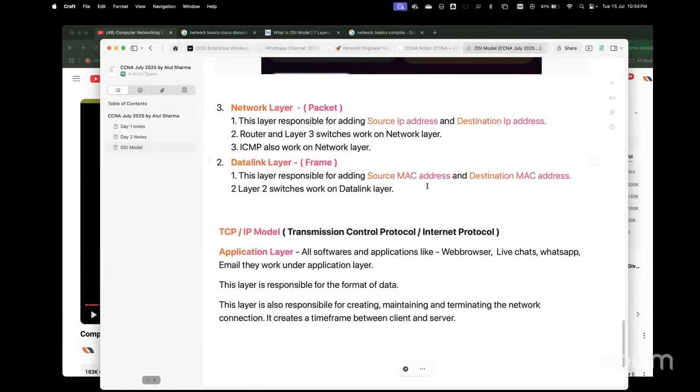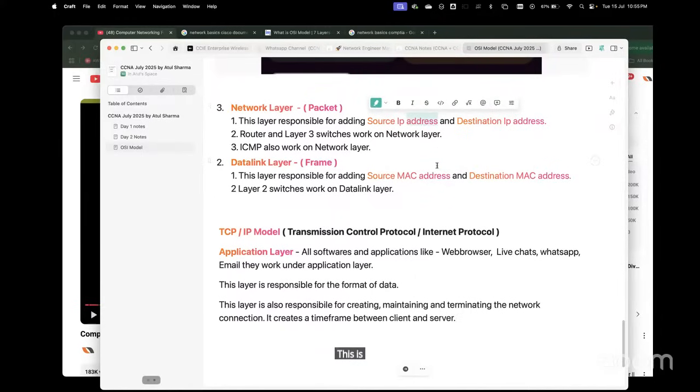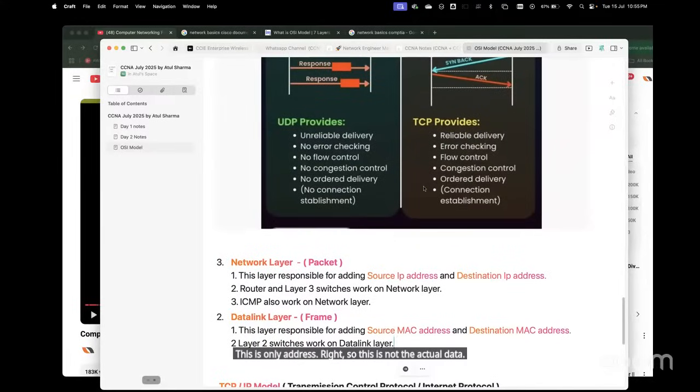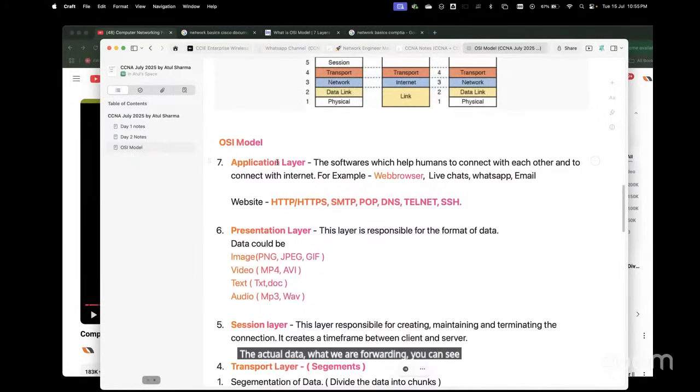MAC is an address, bro. Okay, so understand that these are only addresses. This is only an address. So this is not the actual data. The actual data, what we are forwarding, you can see where the data is in the application layer when you